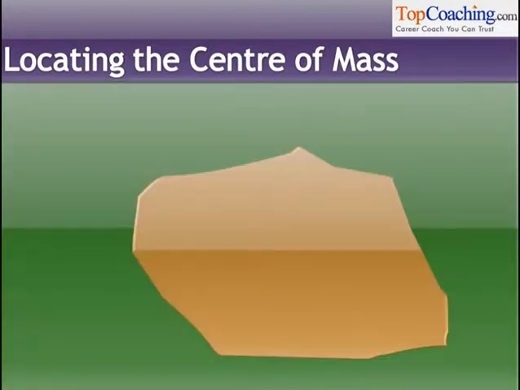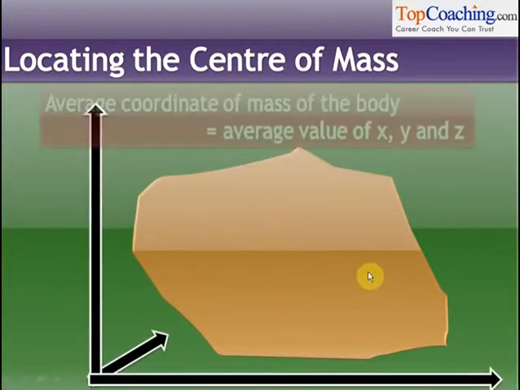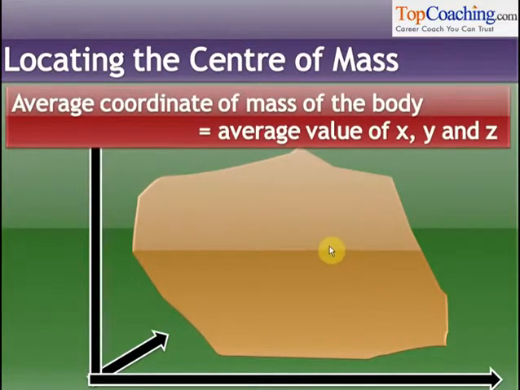You see, the center of mass of a body is basically the average coordinate of the body with respect to mass concentration. The mass of the body is concentrated here, here, here, here. What is the average coordinate at which the mass is concentrated? Isn't that what we want to know? There is some mass here, there is some mass here, here, here. What is that average coordinate of mass of the body? What is that average value of x, y and z of the body? So clearly we want to find out x of m, y of m and z of m.